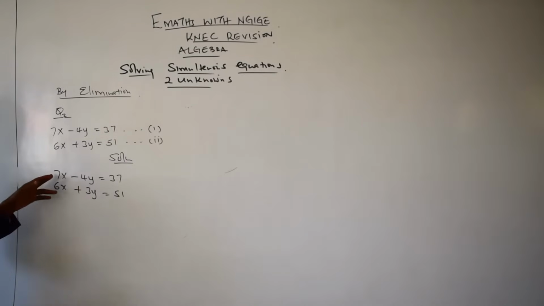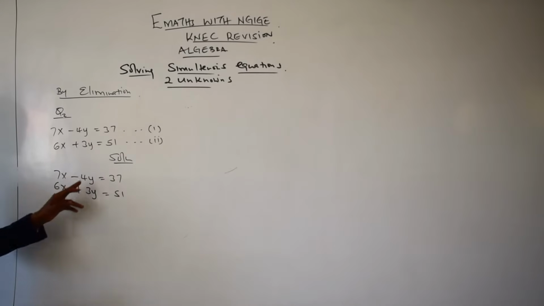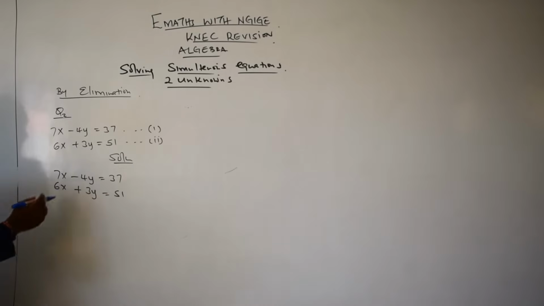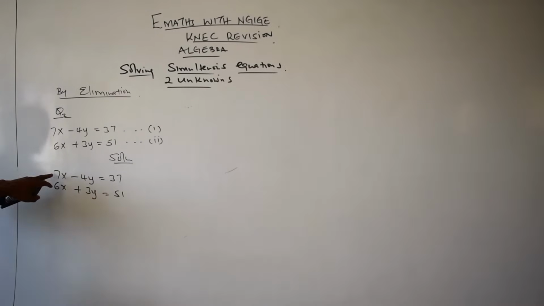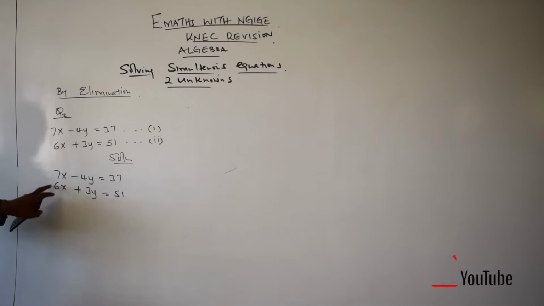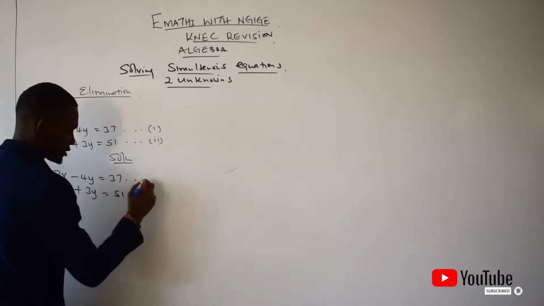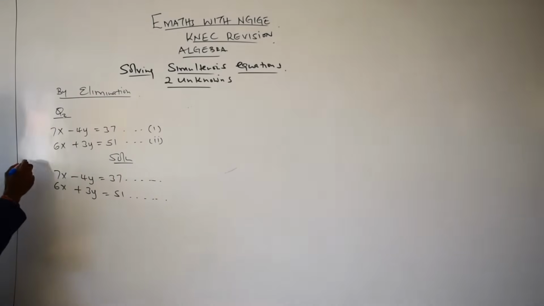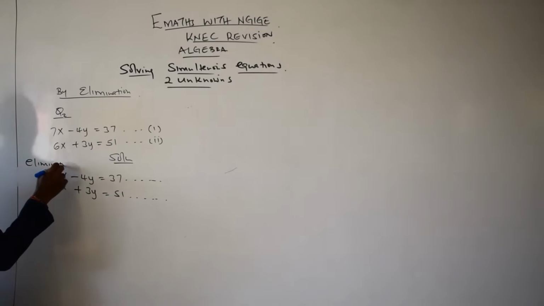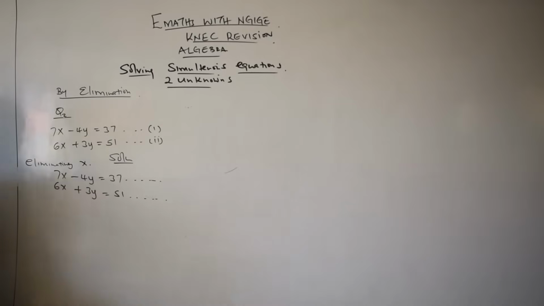But you can see the constants before our unknown terms are not the same. Here we have 7, we have 6, we have 4, we have 3. So now you choose how you want to eliminate. For example, you can choose to eliminate x. So we have to make our variables here to be the same. If we want to eliminate x from the two equations,